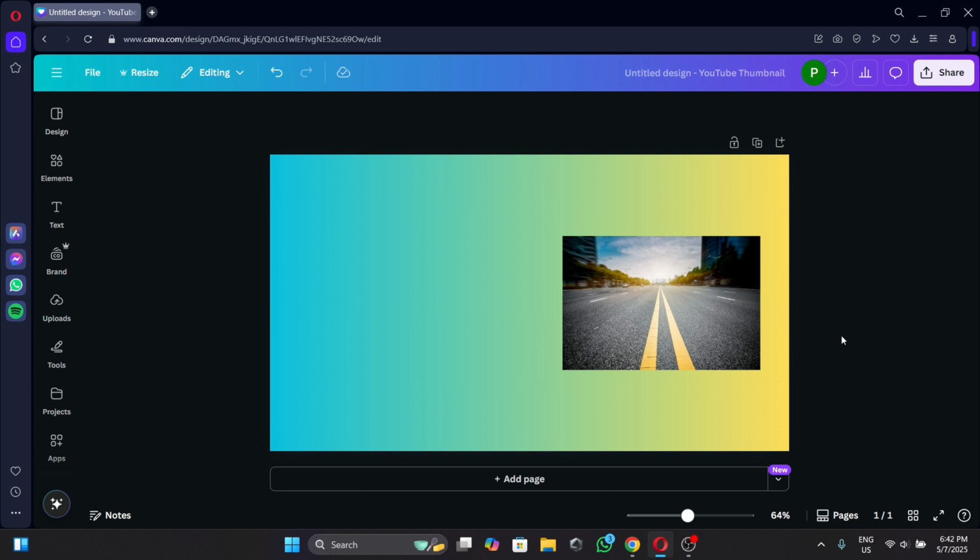What's up guys, in today's tutorial I'm going to show you how to crop an image into a shape on